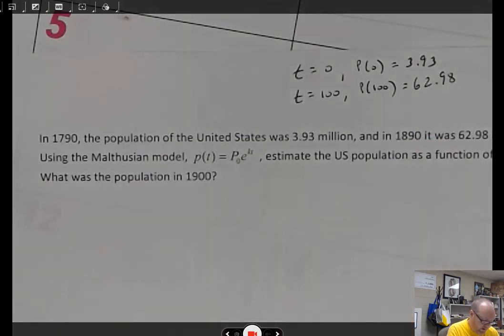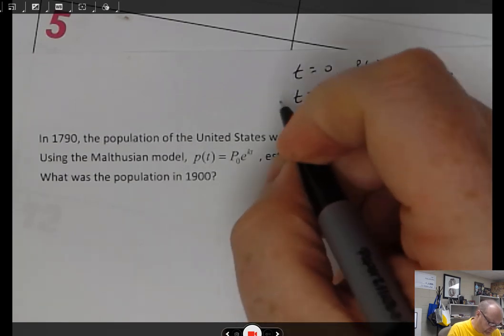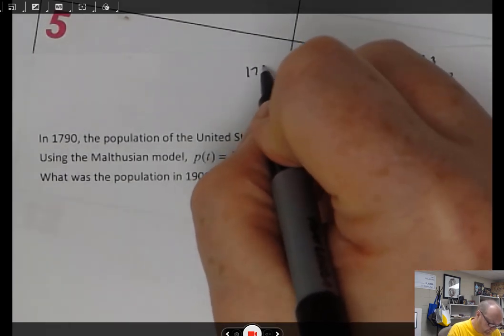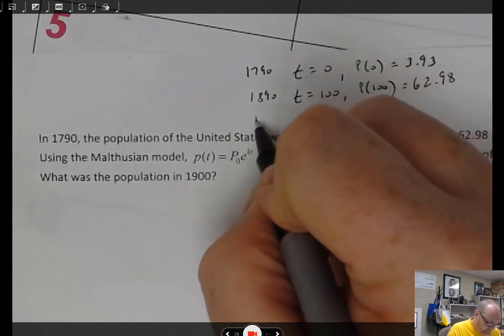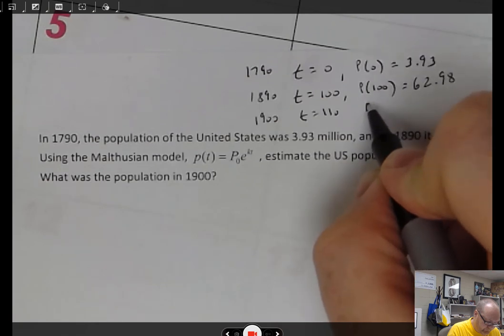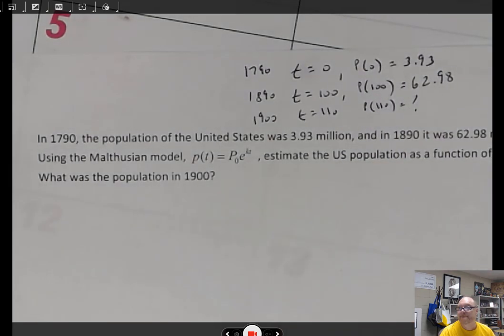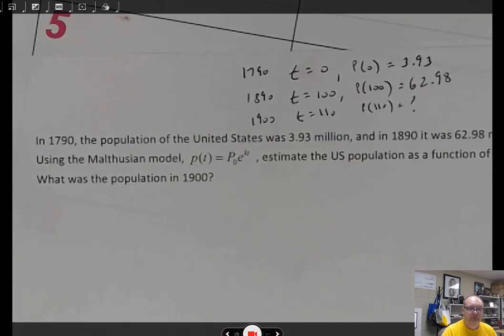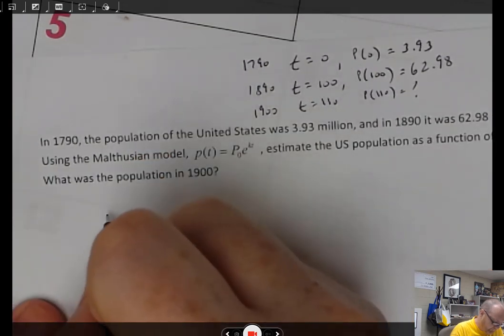And then we want to know what the population was in the year 1900, which is t at 110. So, and it's already been suggested to us to use this model. So we know that,